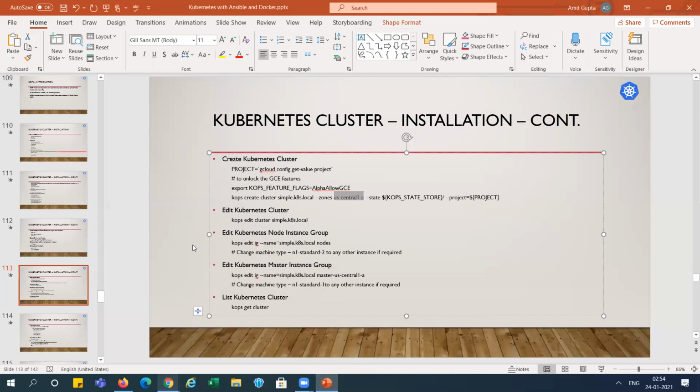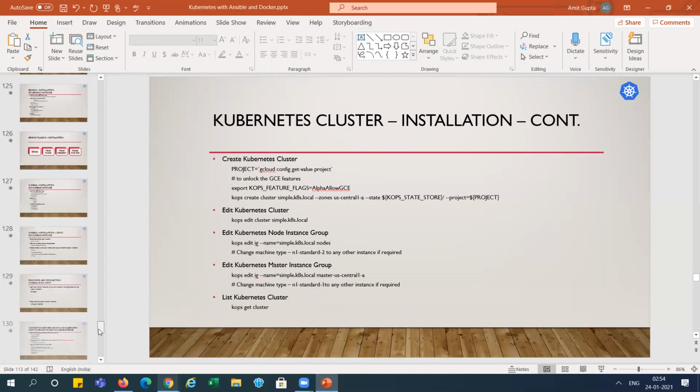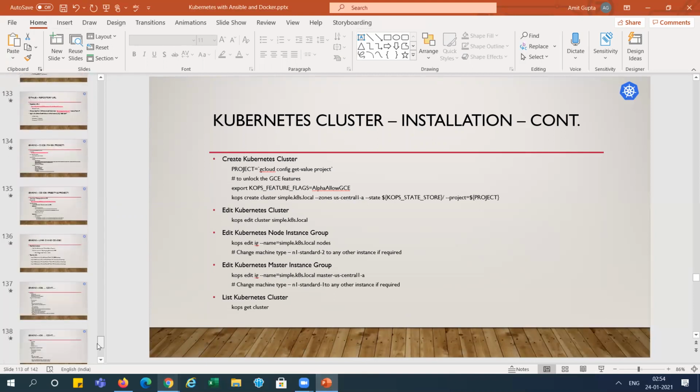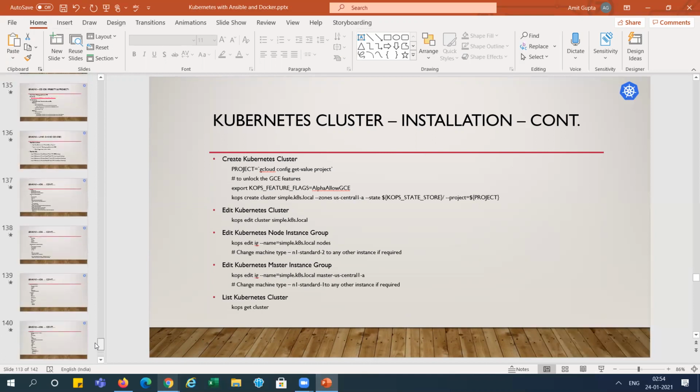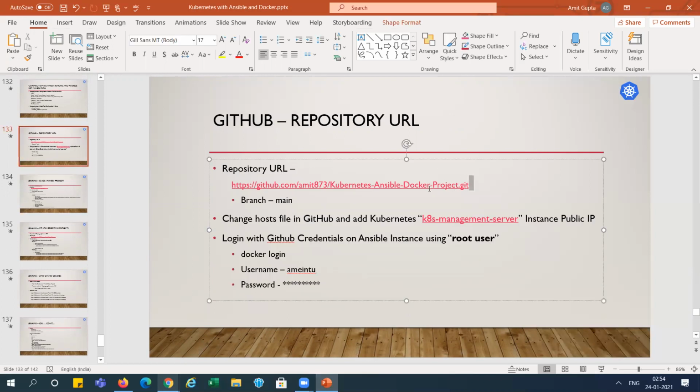You can see here my GitHub URL, I will show you a detailed description. This is the GitHub URL which I am using. Let me open this GitHub URL. It will explain it to you.